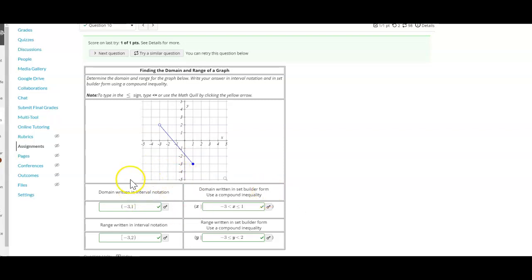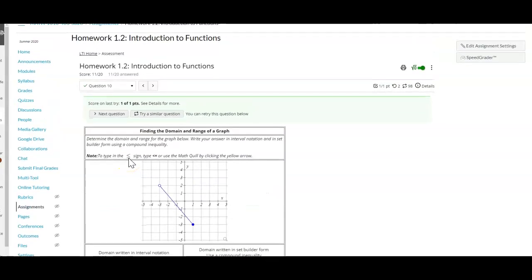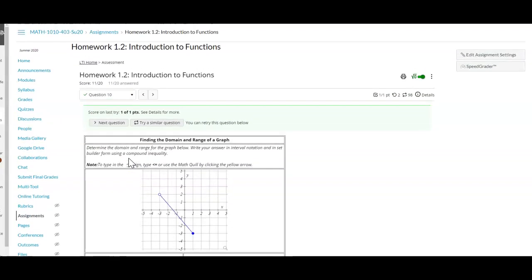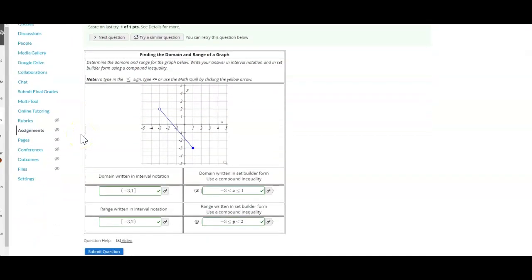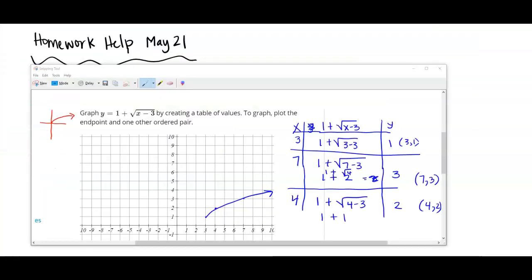All right. Okay, anything on 1.3 that came up that you want to look at? Okay, well, I think what we're going to do then is I'm going to give you